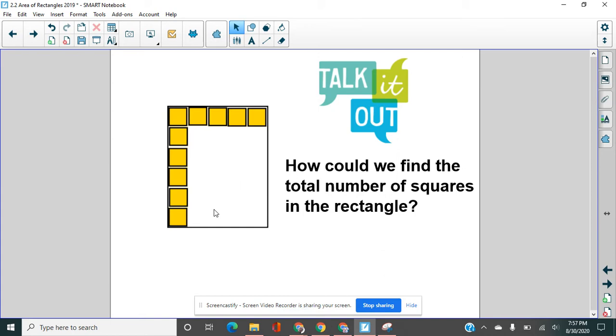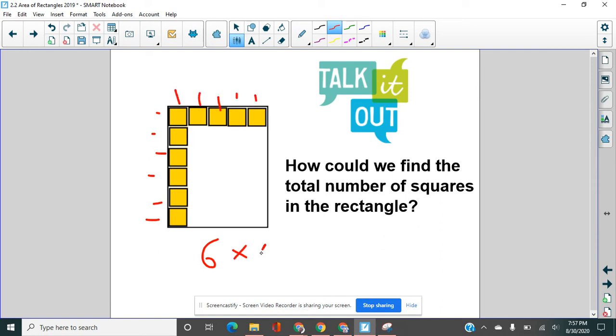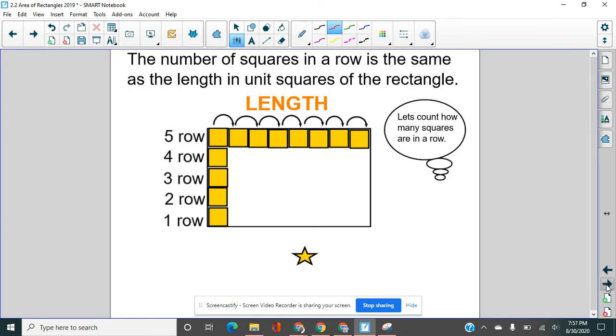Or, right, and this is where this pattern is going to be. This is going to be the formula. We could write a number sentence. 6, because 1, 2, 3, 4, 5, 6, times 5 equals 30. So this is the length times the width, how long it is times how wide it is, right? We're going to see that up here in just a minute, right? So the length